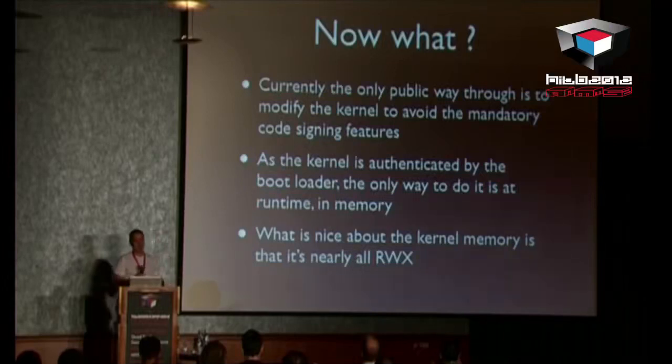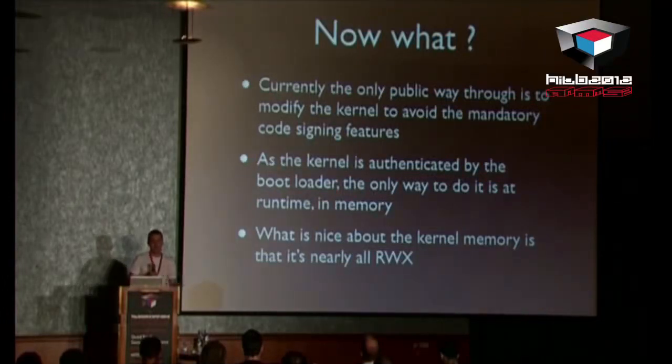The big problem with this is that the kernel, as you saw previously, is authenticated by iBoot with RSA certificates and such, so it's not really possible to modify it on disk. So we have to do it at runtime in memory, because we don't have an exploit in the boot chain. At boot, when limera1n is not executed, we don't have an exploit in the boot chain, so we need to do it at runtime, later when the kernel is loaded, to patch these